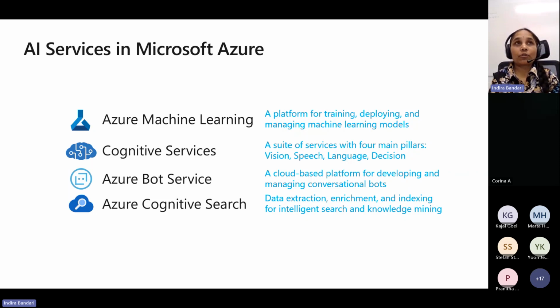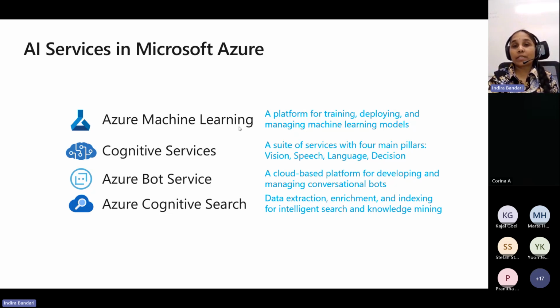So all the diagnosis documents have been uploaded into the cloud somewhere. Azure Cognitive Search can be used to search for the word malaria, and then you get all the documents that have the word malaria, and it will give you the link to the documents as well. So that is the role of Azure Cognitive Search, and this has developed a lot in the last few years.